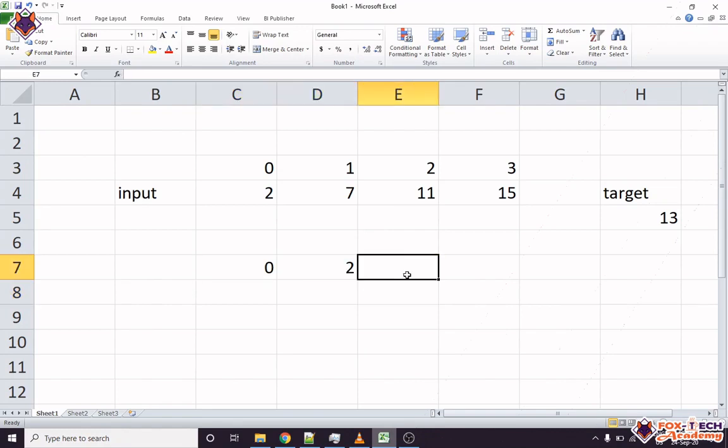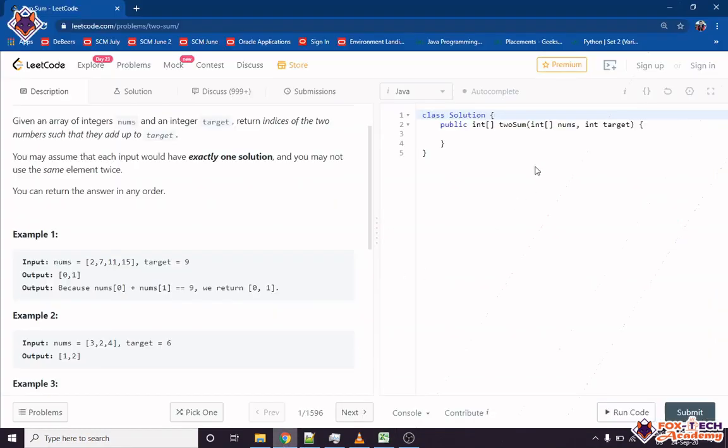For this we will use a loop, right? So let's arrange this one. First we will create one array which will hold the indices. As the question requires, we have to return only two values as an array.